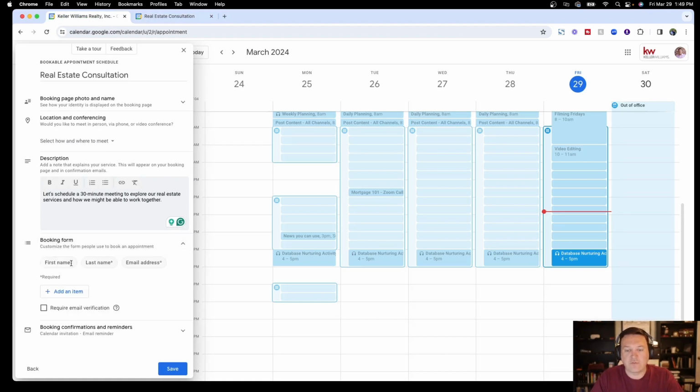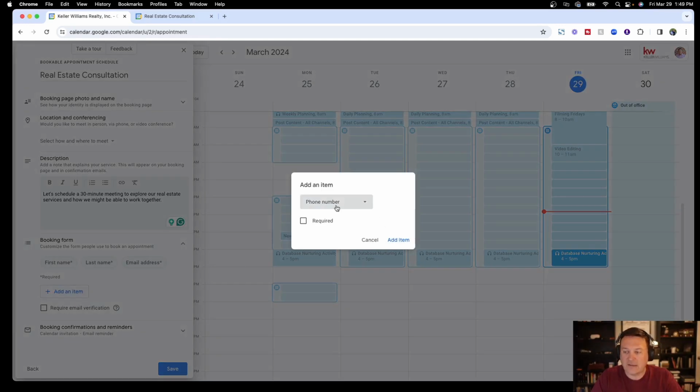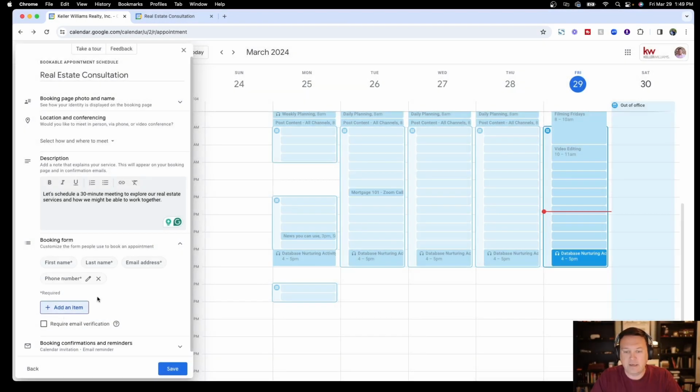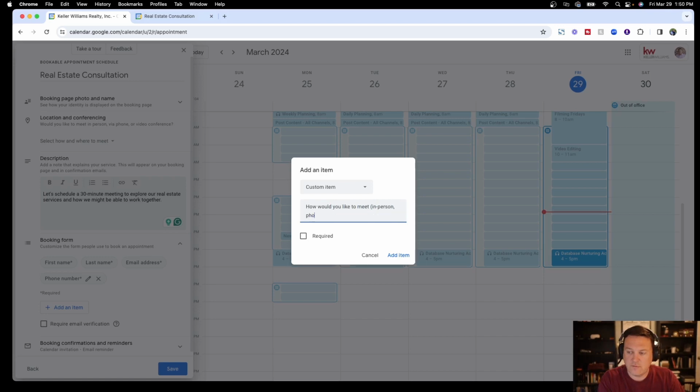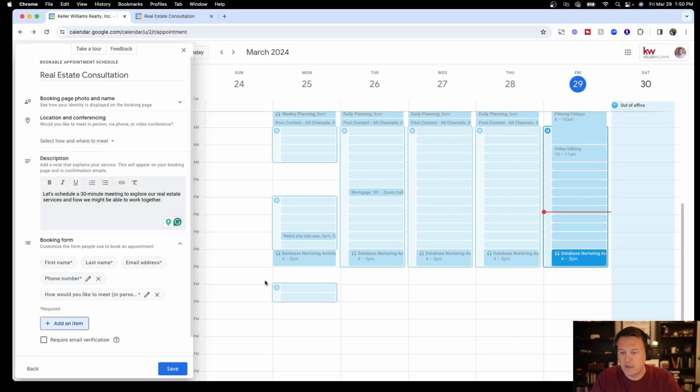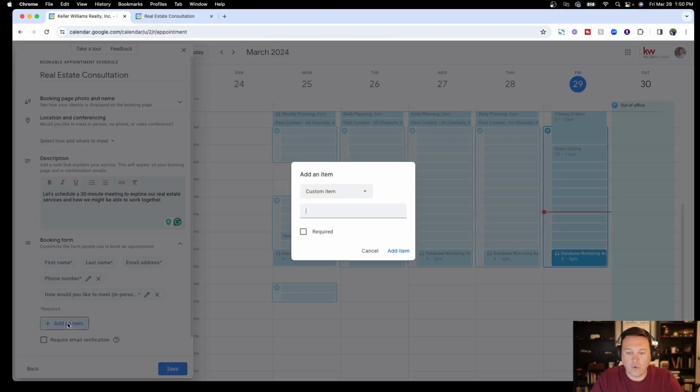Right now, it gives you first name, last name, email address as required. I can add an item right here, and I can say phone number required, add item, and then add item. I'm going to come over here to custom item, and I'm going to say, how would you like to meet? In person, phone call, or Zoom? Question mark. I'm going to make that required, add item, and then I'm going to do one more add item,